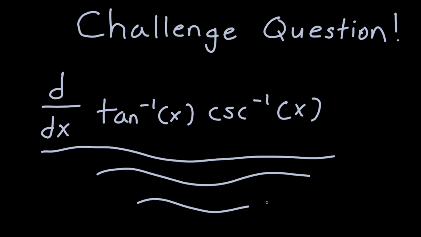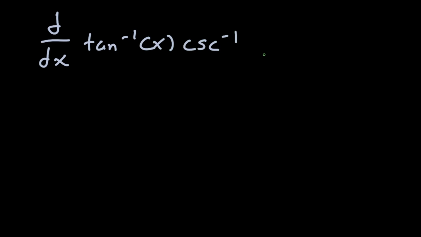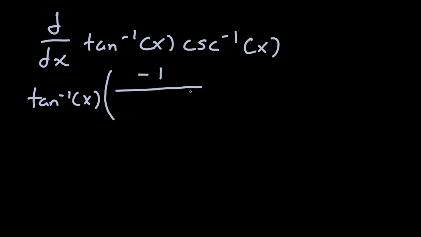Here's a challenge question. Pause and see if you can do it. Alright, so let's work through the challenge question. The derivative of tan inverse x times cosecant inverse x. So we know that we have to do product rule here. So tan inverse x times the derivative of cosecant inverse x, which is negative 1 over absolute value x square root x squared minus 1